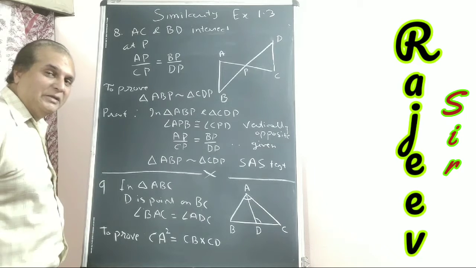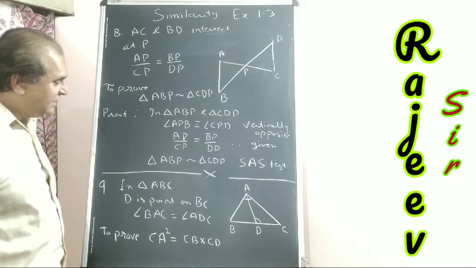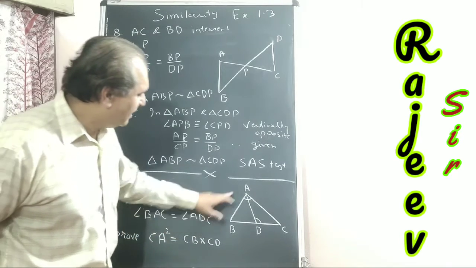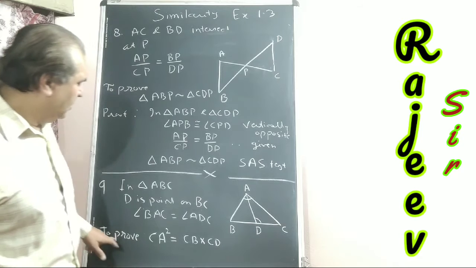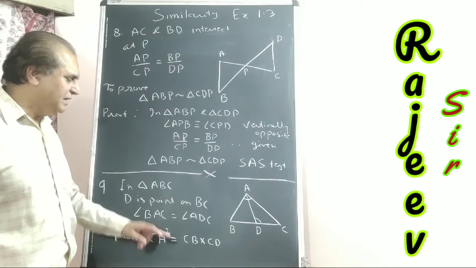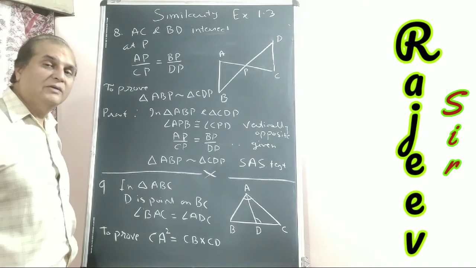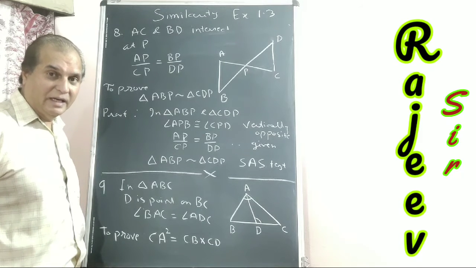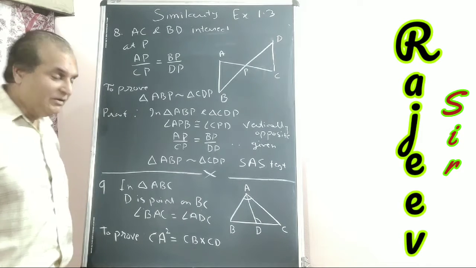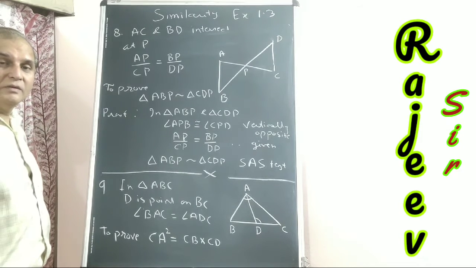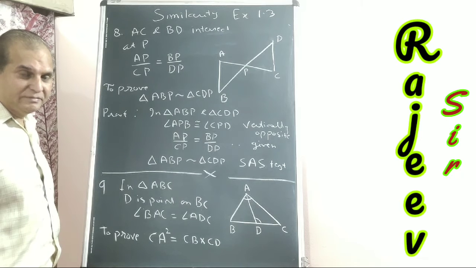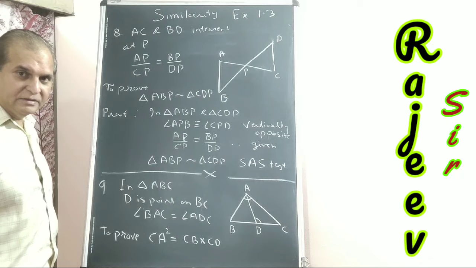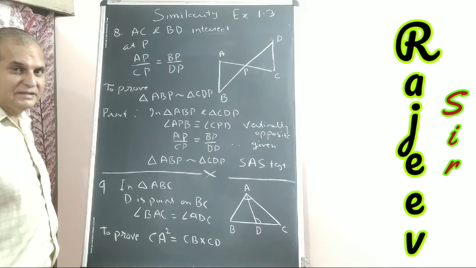Next time I am explaining to you. Actually, in triangle ABC, D is a point on BC. Angle BAC equal to angle ADC. You have to prove CA square is CB into CD. Actually, this sum I have solved in my video, important sums on similarity. You check that video, there this sum is solved. That was important last time for prelims. As I started it late, it was in urgency, I put that sum.